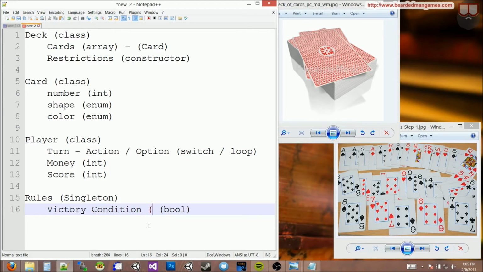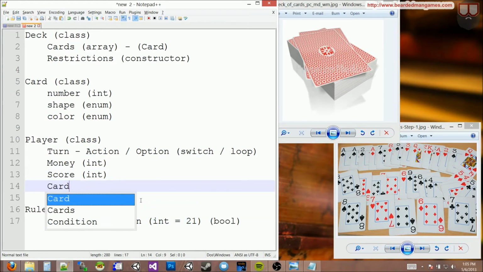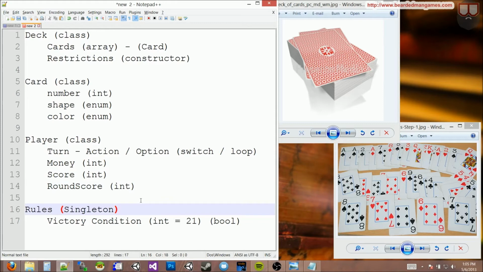So let's just say this is an int, and our int is going to equal 21. And at 21 you automatically win, or if you go more than 21, that's the boolean. If my card score, which I guess would be kept in the player, let's call it round score, an int, which is based on your cards' numbers. You just witnessed me come up with a new thing that we need to do in the game, because I got to the victory condition, the rules, and realized that, hey, my player needs to keep track of something. So now I've found out that my player needs to keep track of its score for this round, which is the card numbers, and now I can compare this round score against the victory condition,